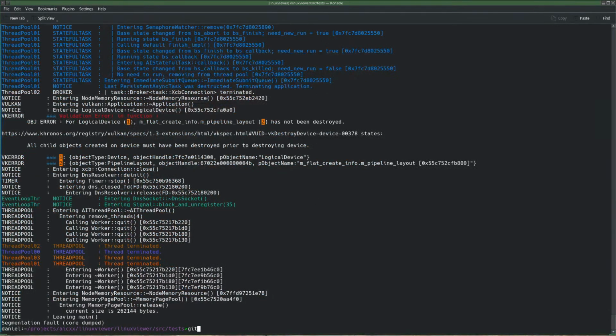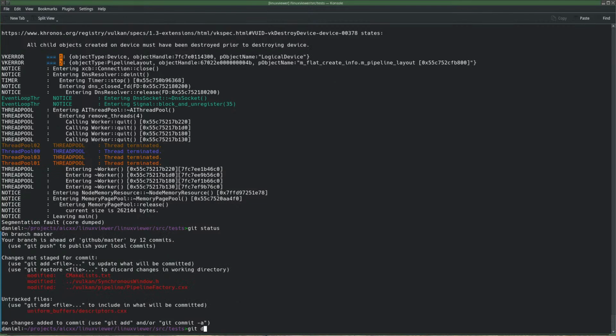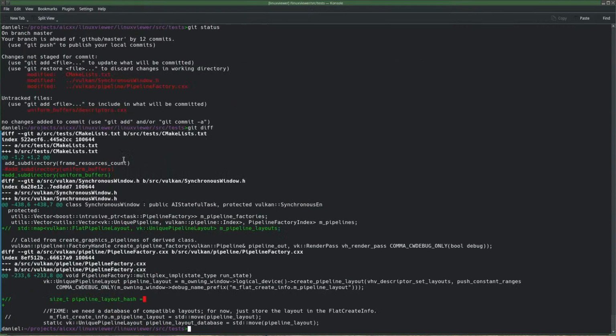And I did several commits, so that now I have a pretty clean state. The only diff that I have is this. It's almost nothing. So lots has been committed. And I just enabled compiling uniform buffers again, because all that change that I just committed has not been applied to uniform buffers test yet, and I should do that too. So after enabling this, that indeed fails to compile.